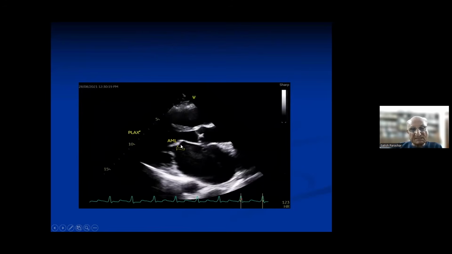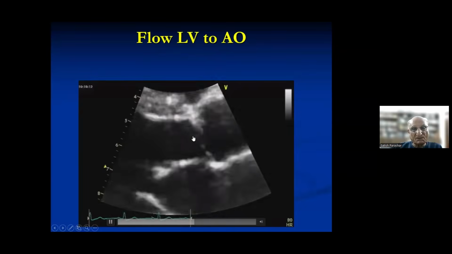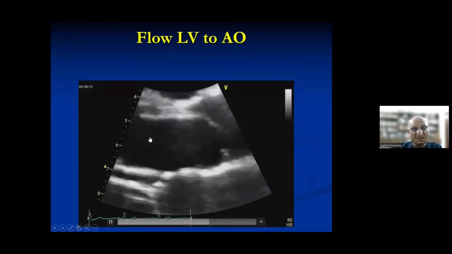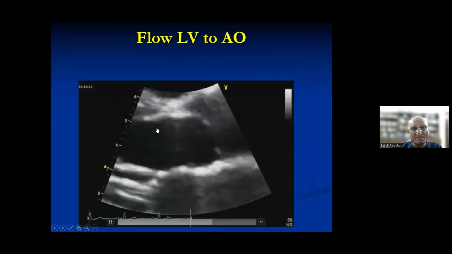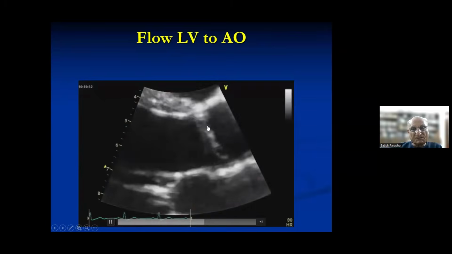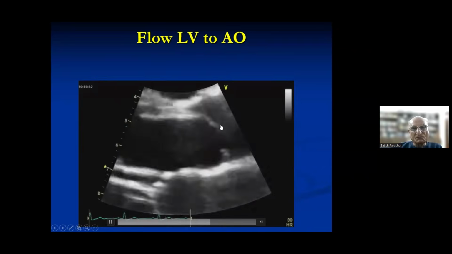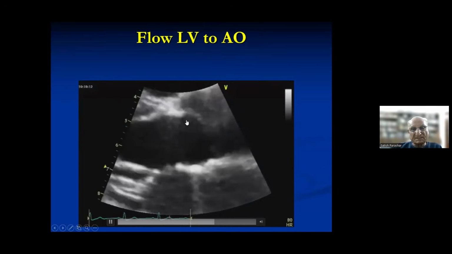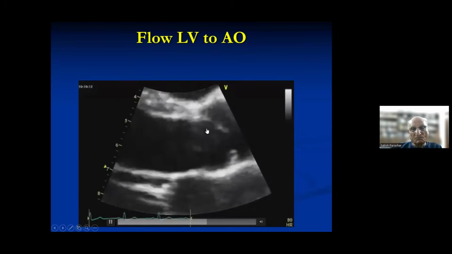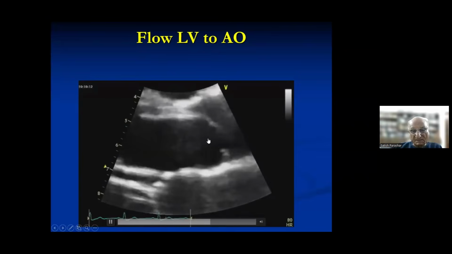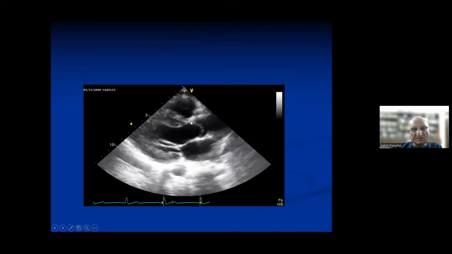You can see the LA is always behind the aorta, and the LA is dilated because any chamber subjected to increased pressure increases in size. Now see the aortic stenosis, this is the zoomed view. This is LV, this is aorta. The blood is going from LV to aorta. So this shows a doming toward the aorta, that is, toward the distal chamber. You can see it like a doming of the structure.